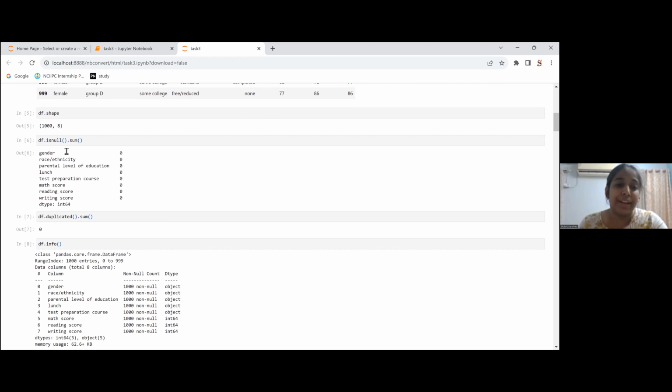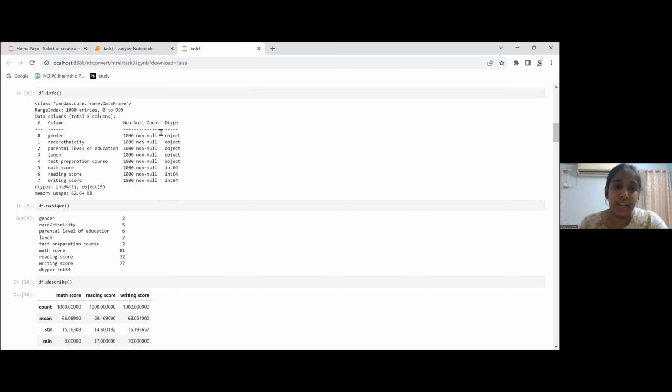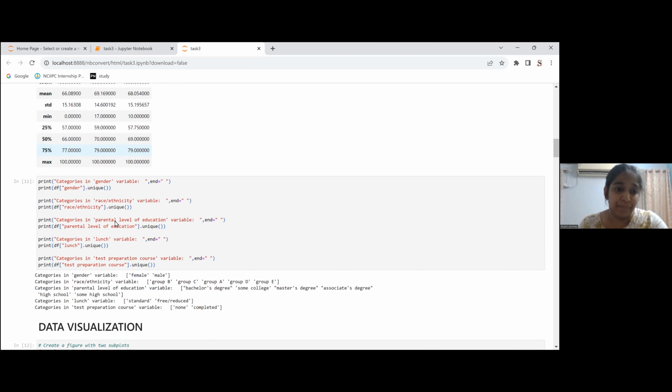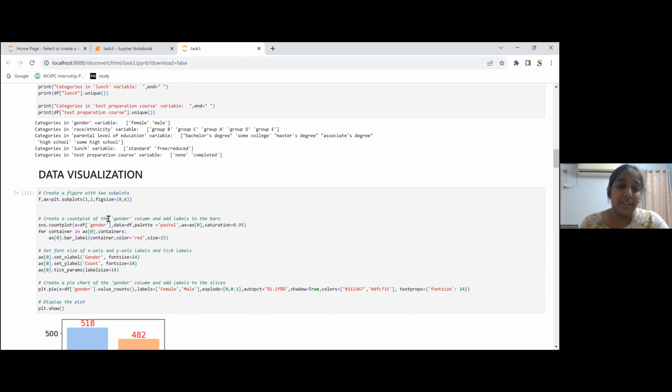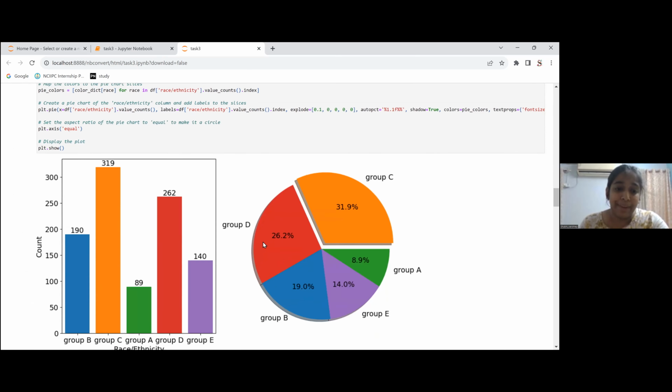Then this is to check the null values and the duplicate values, which are both 0. Then the information on how many values there are, and whether they are null or not null. Then the number of unique values: gender has 2, race and ethnicity has 5, followed by others. Then the description of the data set. Then the categories in gender are female and male, followed by race and ethnicity, groups B, C, A, D, E, and so on. Now the data visualization, I have visualized the data here on a gender basis, followed by the ethnicity and